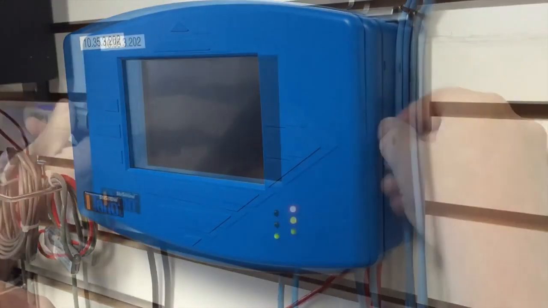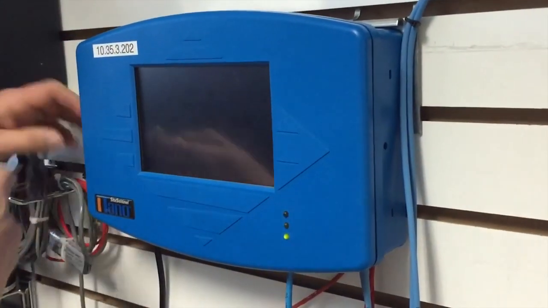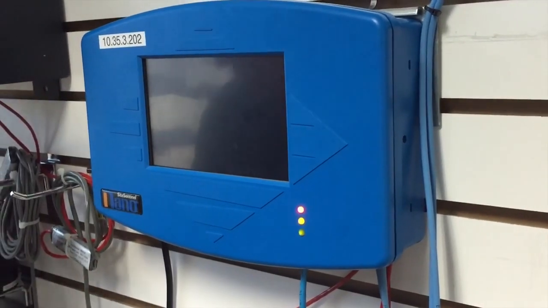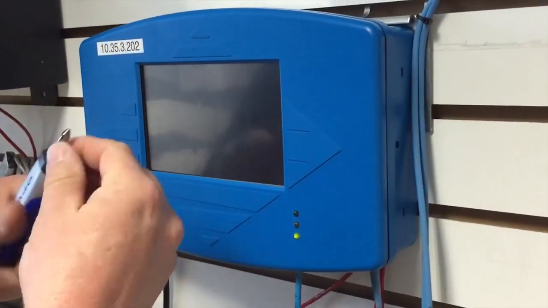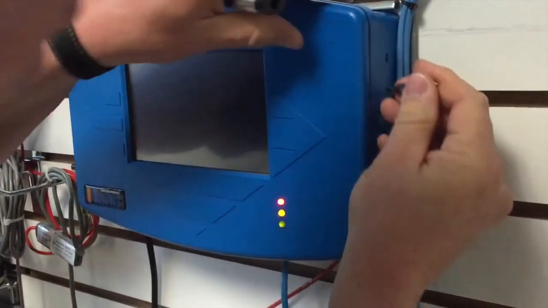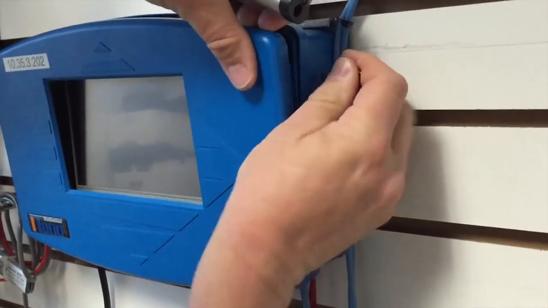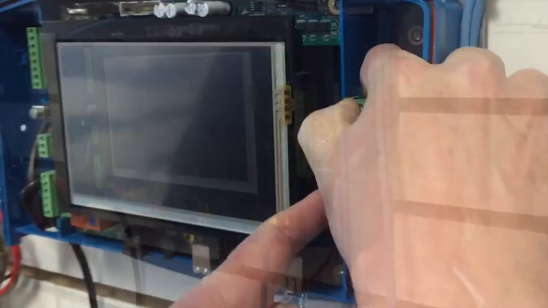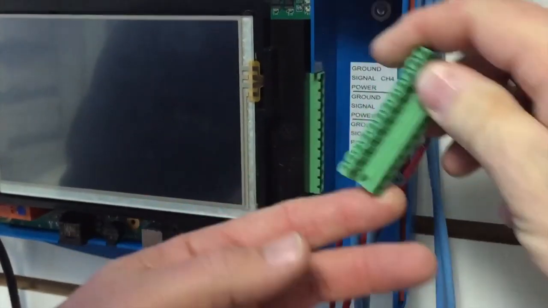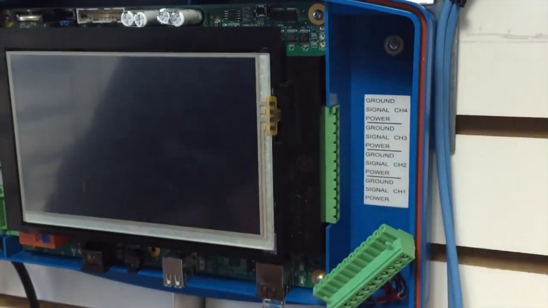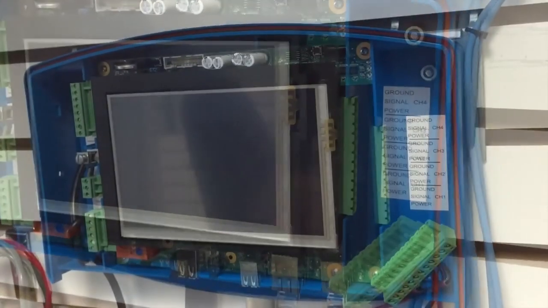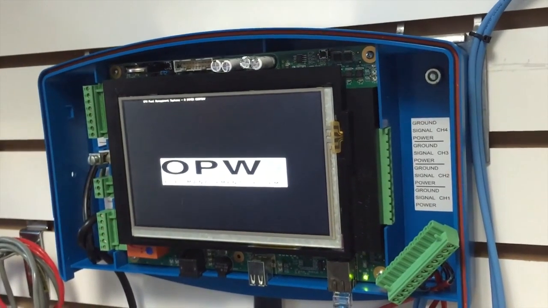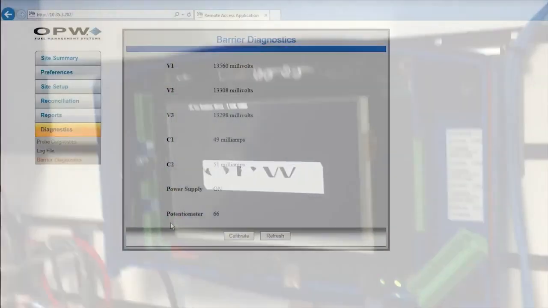The first thing that you would do is remove the cover from the monitor after it's installed and has power. Then we need to turn the power off to the monitor and unplug all of the connections going into the barrier board on the right hand side of the unit. And as you can see, we can simply just leave the plug hanging with all the wires and cables connected to it. Then we would power the unit back up,